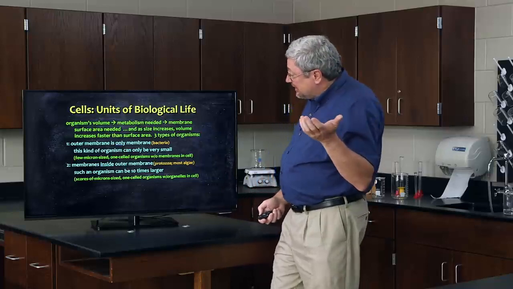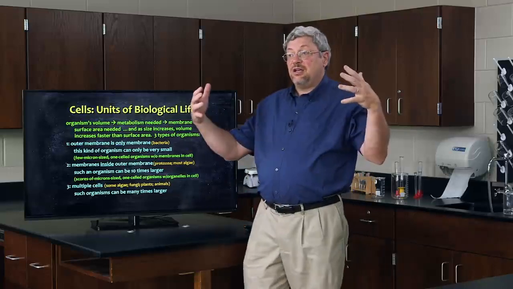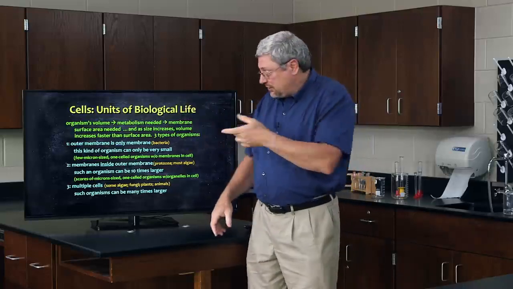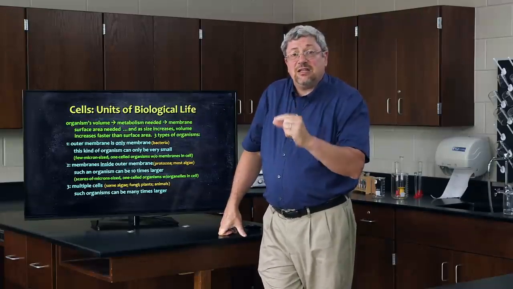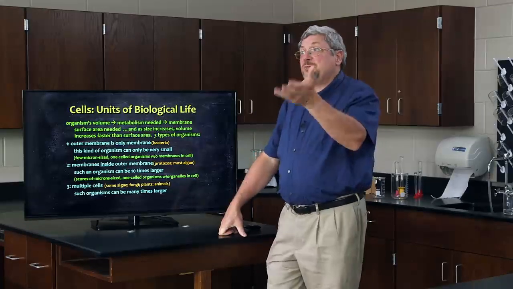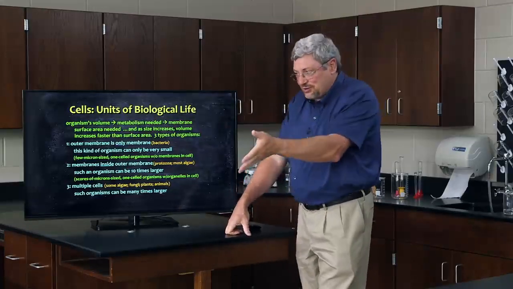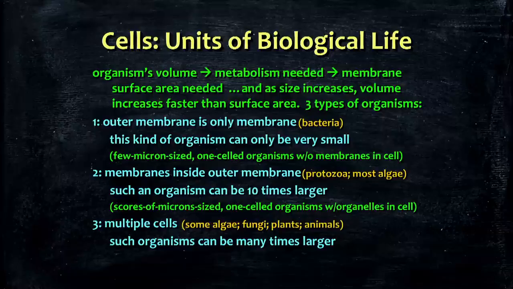If you were going to be bigger than that, the third group of organisms on the planet are things that are made bigger than that. Still, the organism that's 100 microns in size can't be seen by the naked eye. It's still too small to be seen. For organisms to be as big as humans, to be as big as rabbits or even earthworms, you need to make those organisms from multiple cells. You've got to stick a bunch of cells together to create them. That then will allow you to get to extremely large size.